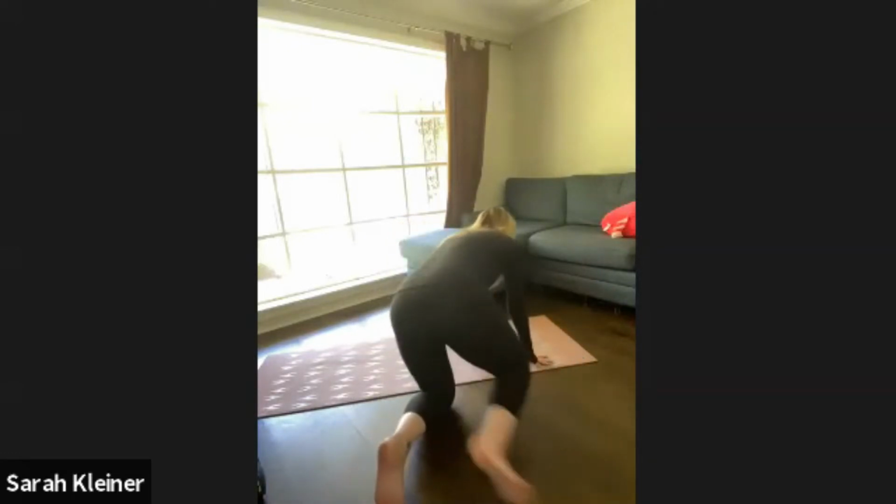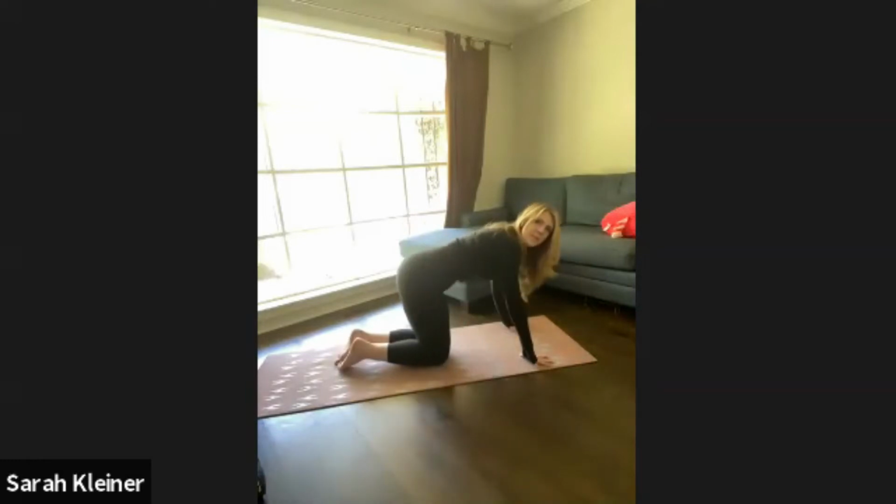So I'm gonna move my little pillow to the side. Now, if you're at home there and you have sensitive knees, feel free to grab a blanket to place underneath the knees. That can be a lot of help there if you need that padding. And we're just gonna come to hands and knees, table pose, and then we'll start to gently move the spine